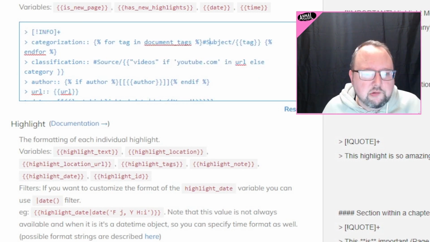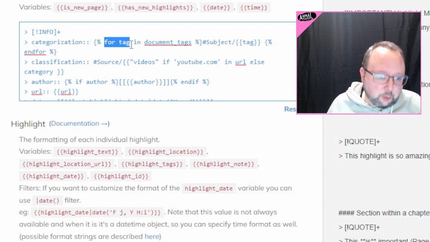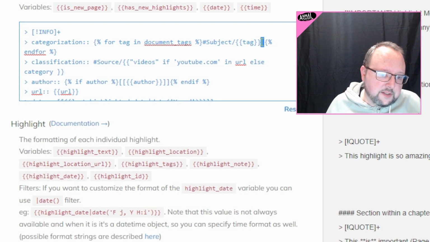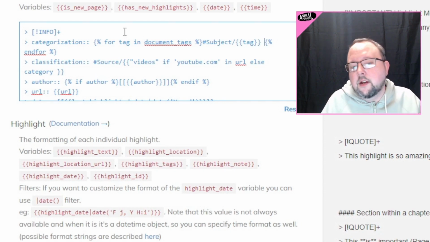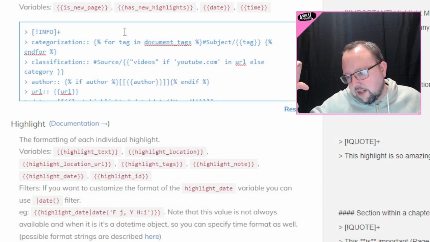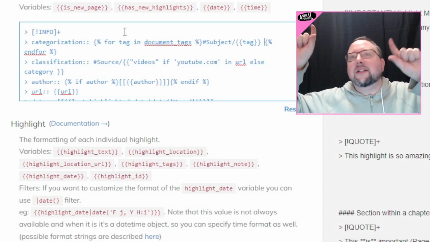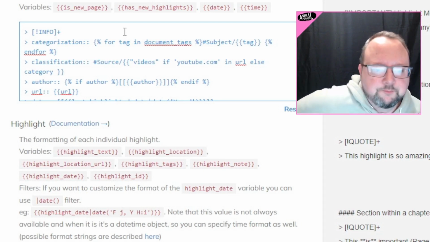Personal preference. So what this will do is it's basically saying for every tag that the user has put on this document, I want you to do what is right here. So subject slash tag. And then there's an empty space there. So this would translate to, if there's like three subjects I've put on this document, it'll say hashtag subject slash topic 1 space hashtag subject slash topic 2 space hashtag subject slash